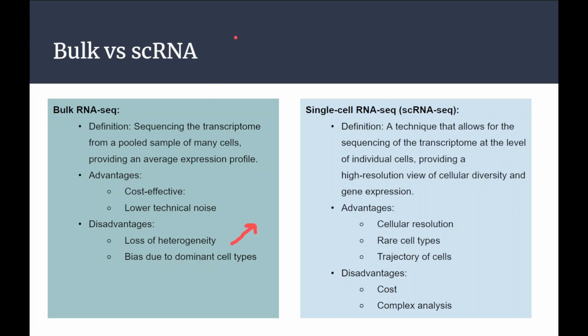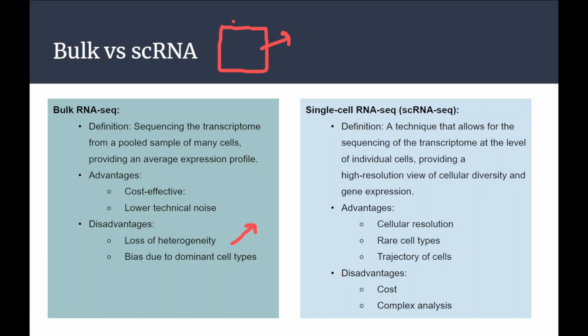Heterogeneity means the tissue consists of many cells, many different cell communities. For example, let's say this is brain data. It can consist of different cells. It can have granular cells, it can have astrocytes. So multiple cell types, or different cell communities, can be part of this particular tissue. So we are losing the heterogeneity.